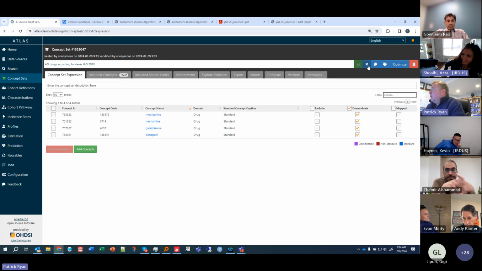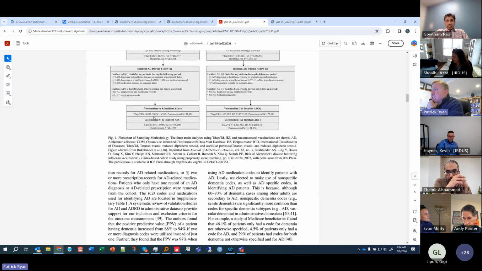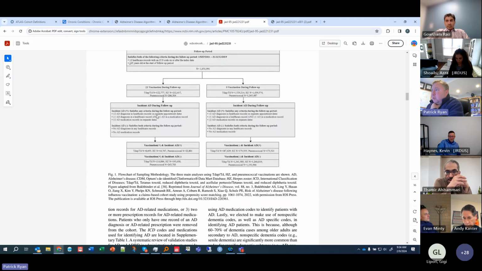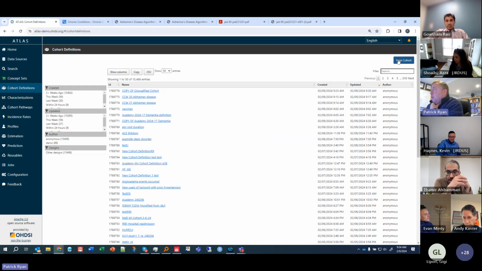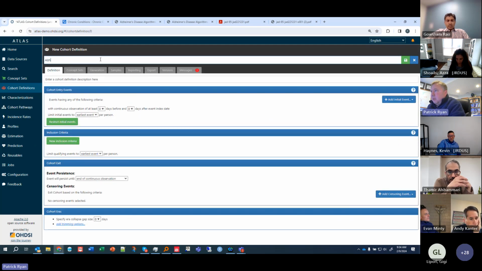Now that we did the hard part of creating the concept sets, all I need to do is build a cohort definition. Recall that our definition is 2 diagnoses, or 1 diagnosis and 1 drug, or 2 drugs. So we simply need to come up with a way to build the logic to represent that. This is going to be Alzheimer's disease according to Harris,